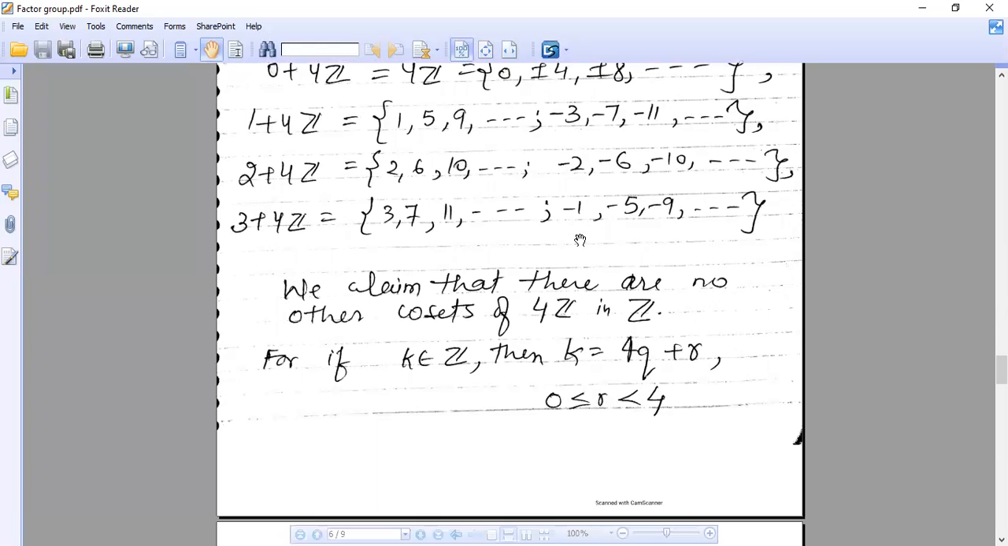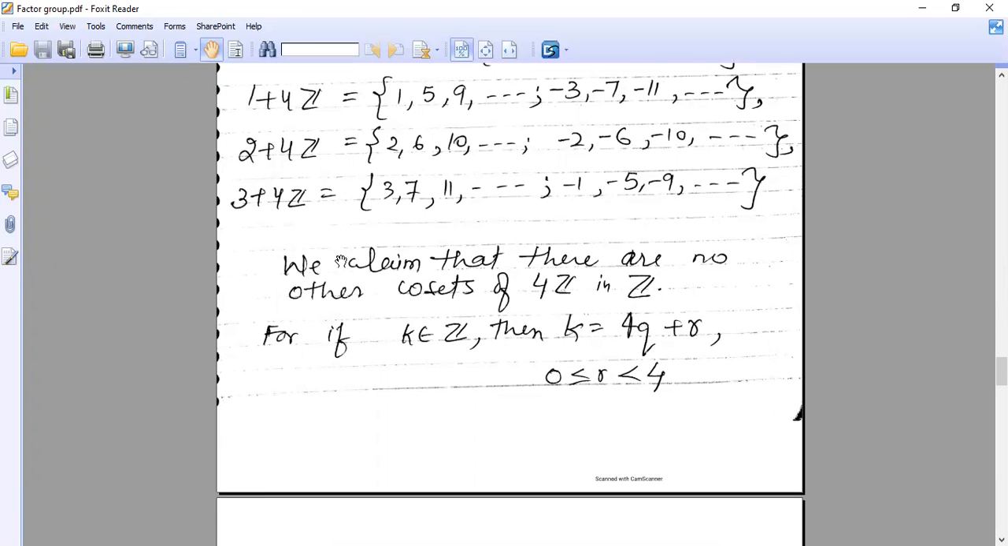We claim that there are no other cosets of 4z in Z except these 4 cosets. So we are claiming that there are no other cosets of 4z in Z. So suppose there is some other coset, for k belongs to Z. So k, we have taken some other element of Z, some integer, k belongs to Z, then